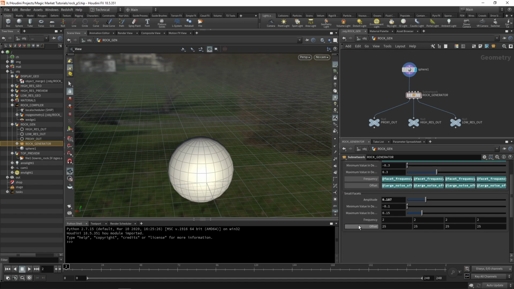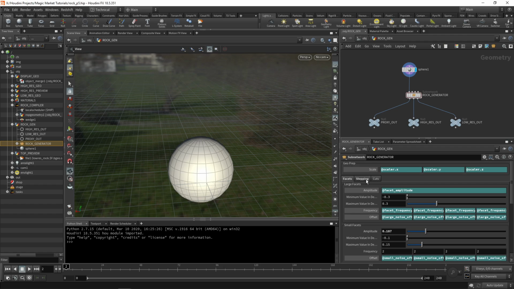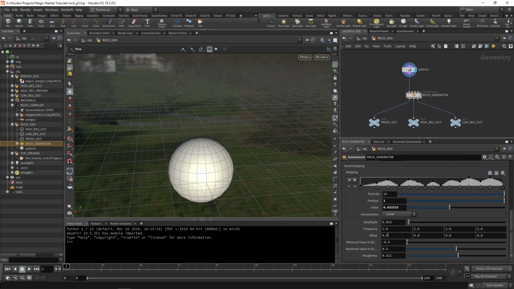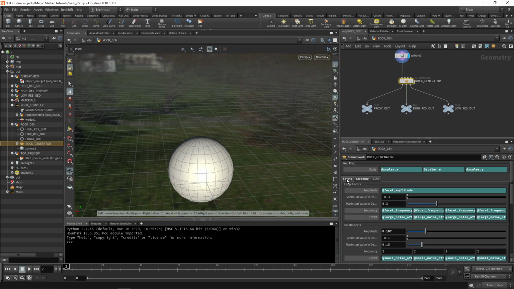Once again, returning to facets, let's also do this for our small facets. We'll do an offset of @small_noise_offset, copying this for each axis. And then for stepping, we can do the same for our small stepping. Cool, so we've now used a few attributes that we've created in our TOPnet, and we fed it into our